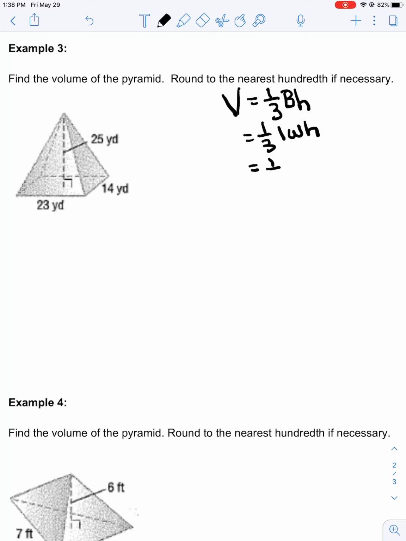So we've got 1/3, 23 times 14 times 25. So let's put all that into our calculator here. So we've got 1/3 multiplied by 23 times 14 times 25. And in that we get